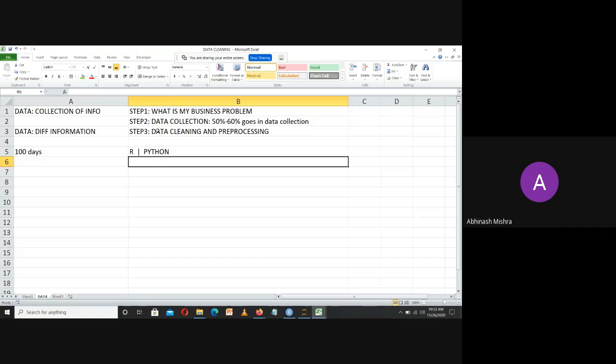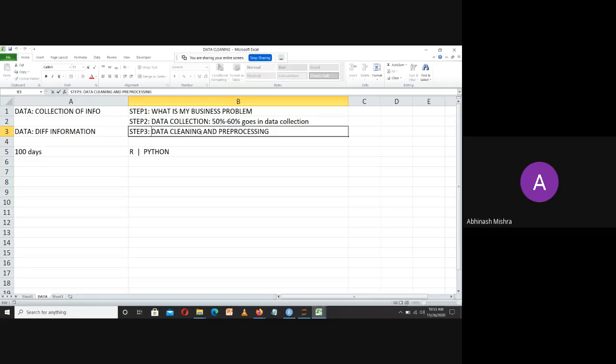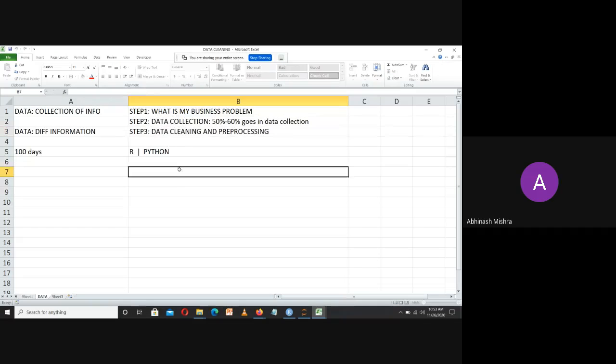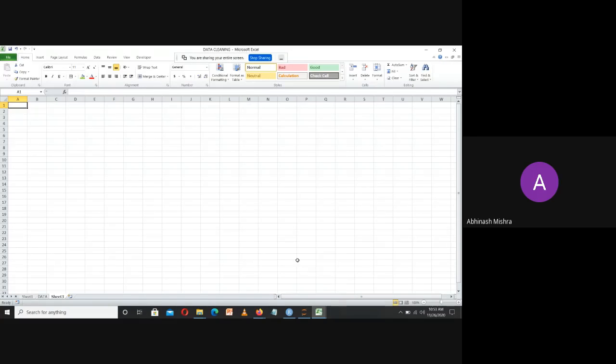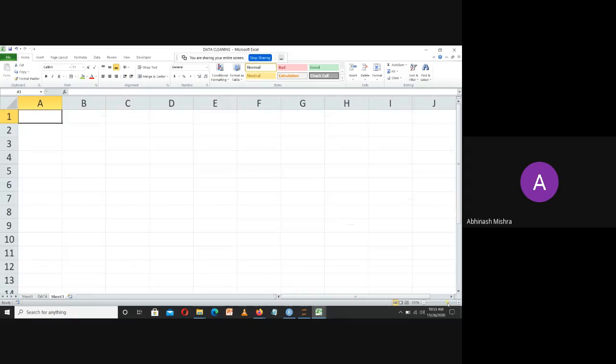Now, first of all, what is cleaning? Why do we require cleaning? Why don't we pre-process data directly? Why do we first require cleaning, then pre-process, and then make meaningful data? Suppose I'm coming to the third part of my worksheet, and I'm making a small dataset in which I will show how data varies and why we require cleaning.